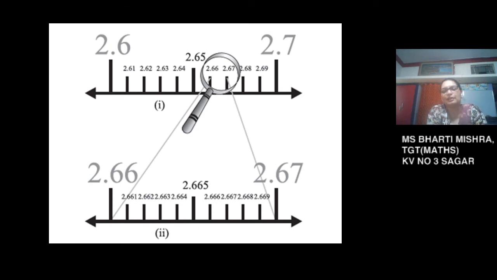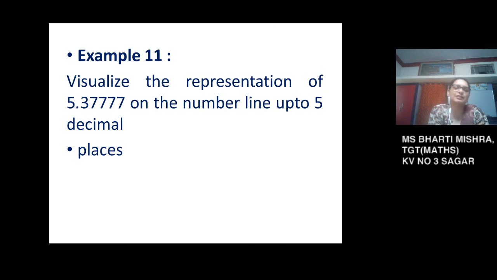So we are looking at the magnifying view to find the number in between 2.66 and 2.67. Now the 3 places after the decimal we are calculating. So when we are writing, again finding 10 numbers between 2.66 and 2.67, in center we have got 2.665, and thus we have located the number 2.665 using the magnification method.